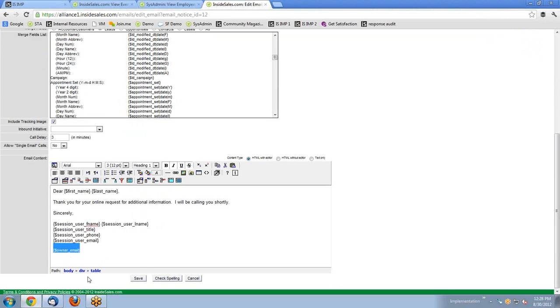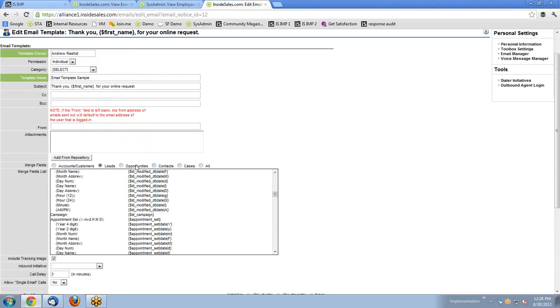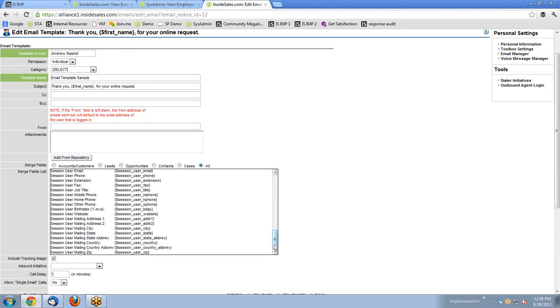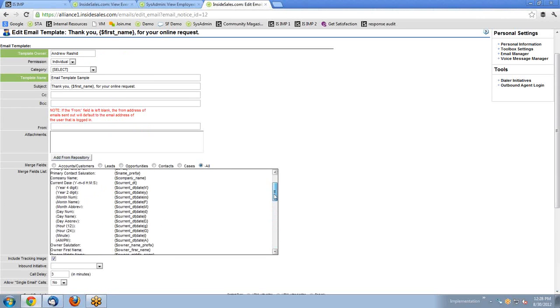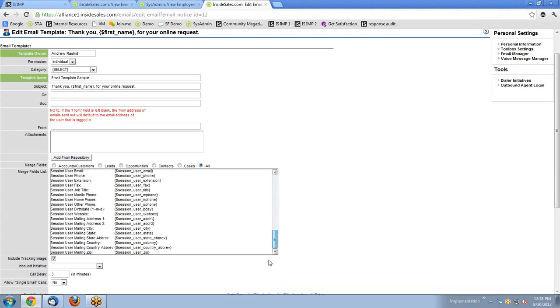Make sure your punctuation and spacing is just like you would have it normally, and then it will grab that information for you. Okay. If you want to see all of the different merge fields for every object type, just click on all over here and it has everything. You'll see there's a whole bunch of different ones, so we're not going to take the time to go over everything. But